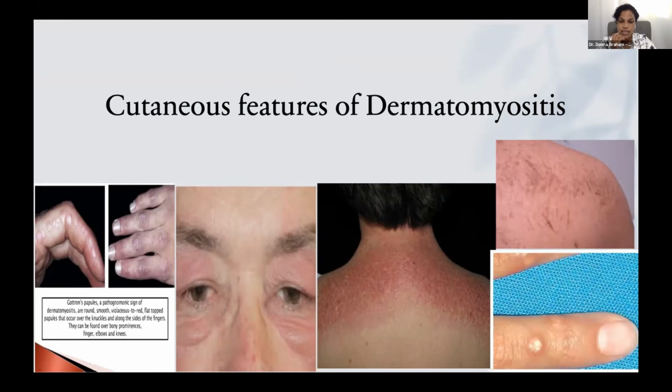Dermatomyositis is a systemic disorder that's affecting multiple systems. So it can affect the GI tract, causing esophageal dysmotility, can cause reflux to occur. It can affect the heart, causing arrhythmias, congestive cardiac failure. It can affect the lungs, causing interstitial lung disease and acute respiratory distress. So these patients can come in very ill.